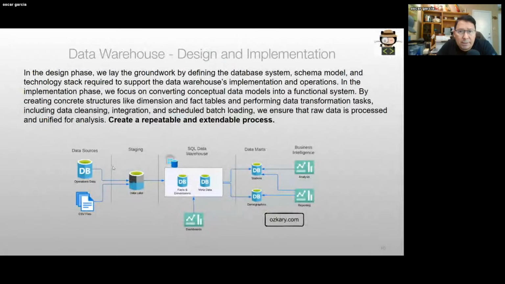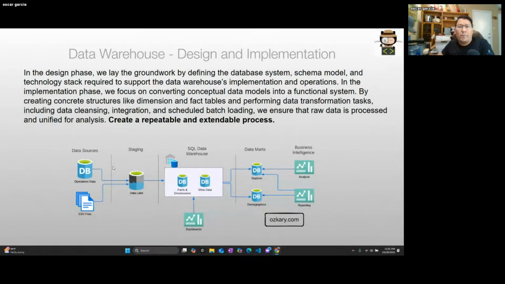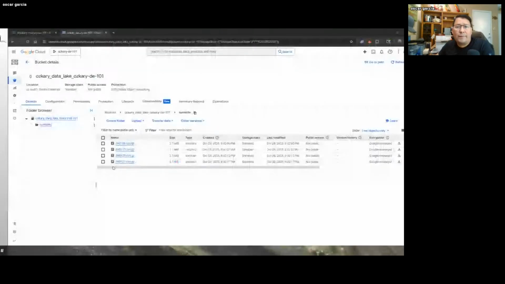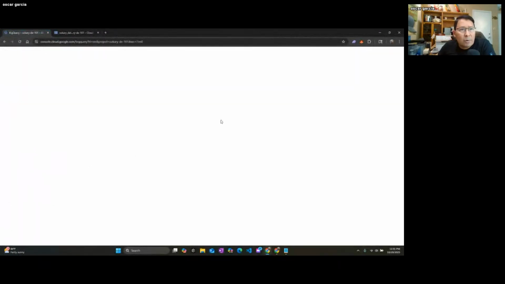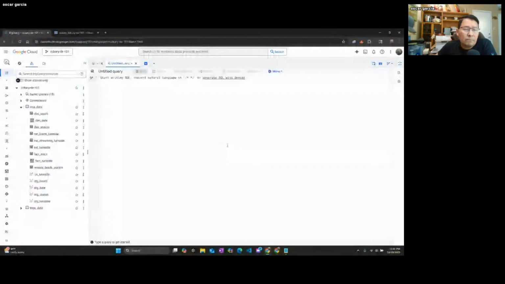So this is sort of the architecture that we have here. What we can do at this point is, how do we read these files? The way that works with data warehouses, so this is the data lake cloud. I'm going to take you to the data warehouse on Google Cloud as well. So here we have a BigQuery instance running,